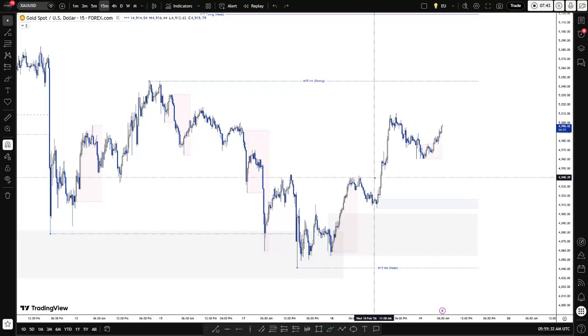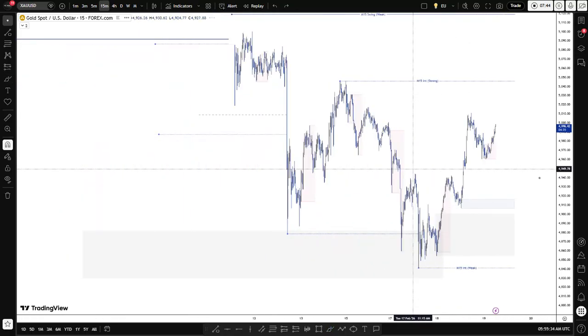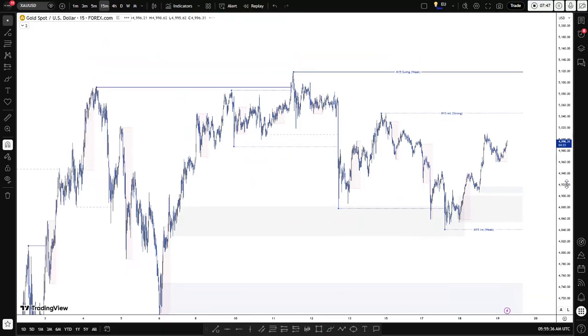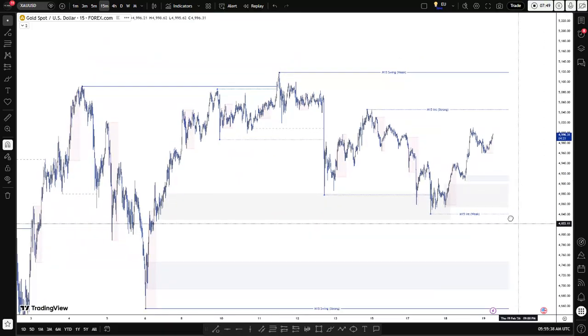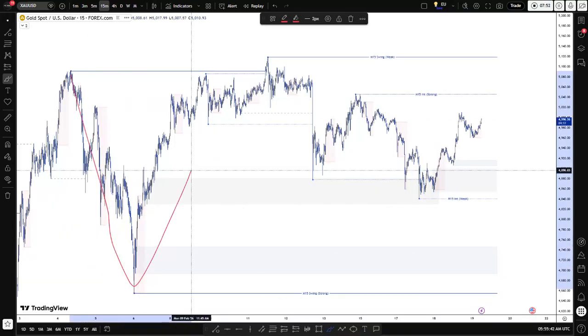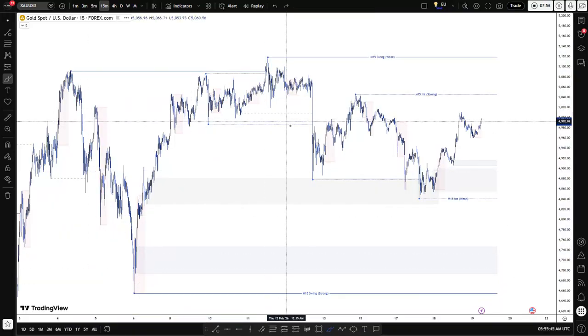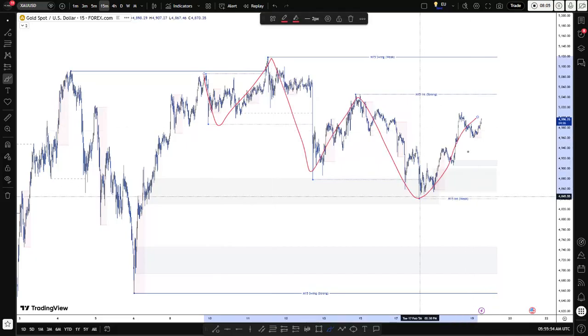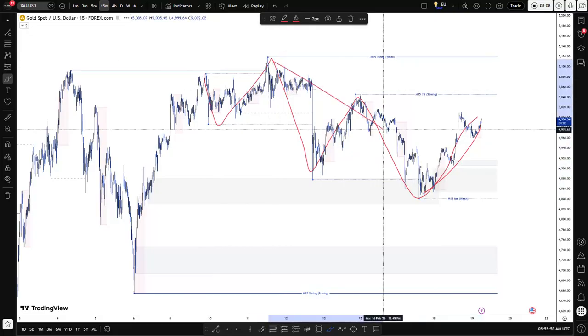But let me show you what could happen on gold. On the M15 time frame on gold, it's bullish. This is my swing structure. It's a huge swing range, and within it there is this internal structure which has been bearish to facilitate the swing pullback. So currently price is in the internal pullback phase. After the swing pullback is complete, the expectation is price to target the weak swing